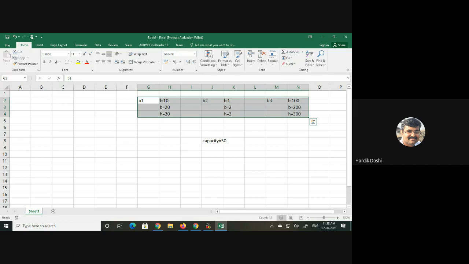So same way, this capacity is common for all objects. So in this example, if I take capacity to be 50, that means for B1 also capacity is 50, B2 also 50, and B3 also 50. Do you get the example where we can go for static?